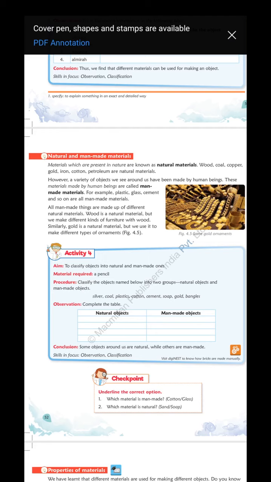How those all are coming from the earth, that we are going to discuss in 8th class. Like that, in higher sections you have all those. How we actually got the petroleum from the ground, how it got fixed in the ground, how coal is formed underground. So these all we'll discuss in higher classes.